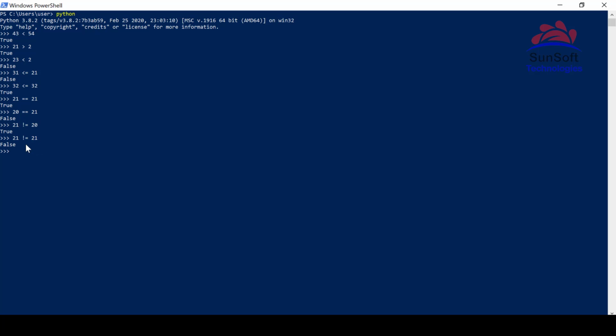So these are simple, clear. So this is less than, greater than, less than or equal to. Then double equal sign is for equality, and not equal to is depicted by an exclamation mark and an equal to sign.